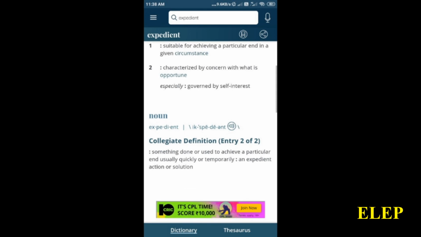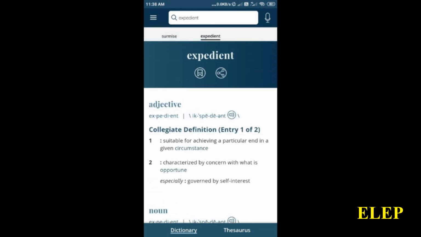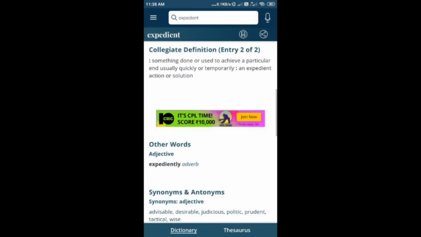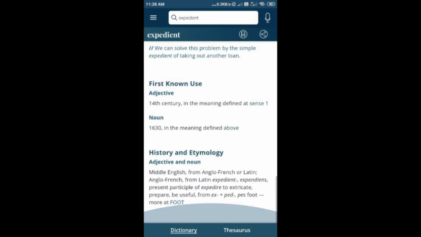Now, like I told you, this dictionary could be used as a dictionary. It could be used as a pronouncing dictionary. It could be used as a thesaurus. It could also be used as an etymology dictionary, like you see here in the bottom, right? So now you could see that this is far better than an offline dictionary or a print dictionary, right? So look at the advantages you have here.